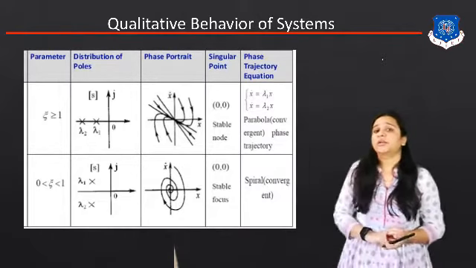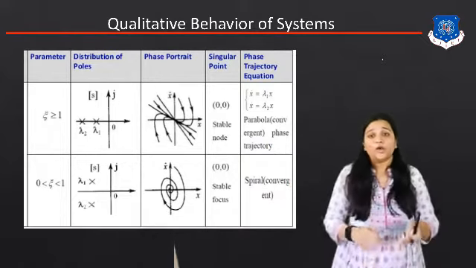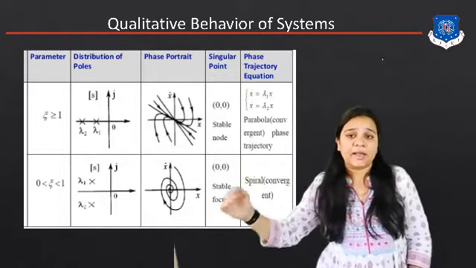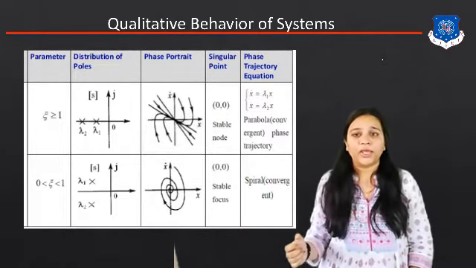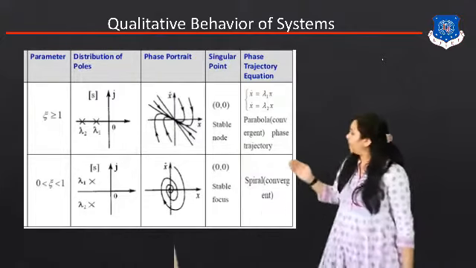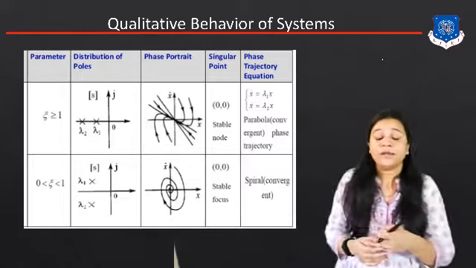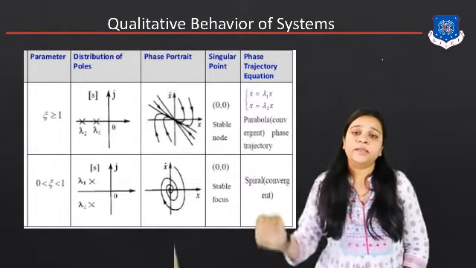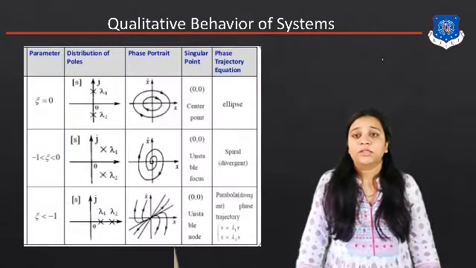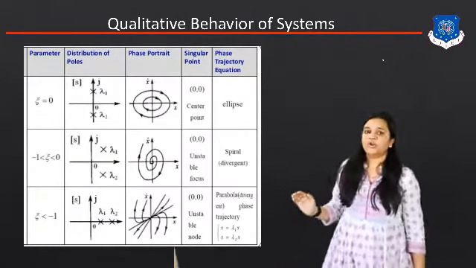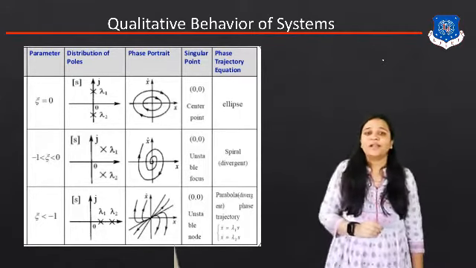Okay, so in this table they give the different behavior of the non-linear system. The first condition, the first parameter, is zeta greater than or equal to 1. We get all the roots, all the poles, in the left hand plane, and we get a stable singular point. If zeta varies from 0 to 1 and both poles are on the negative side with an imaginary part, we get the stable focus point. The third parameter is zeta equal to 0. If both the poles are on the imaginary axis, we get the center point.